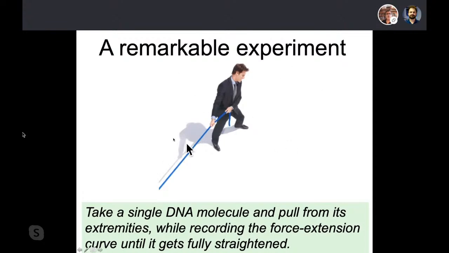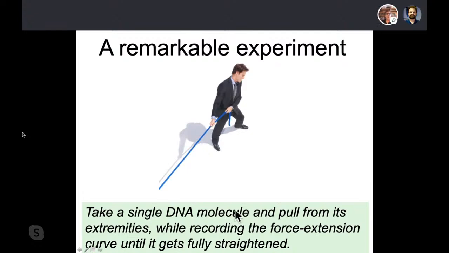Now, what I show you in this slide is the simplest experiment in the single molecule field, which is the pulling of a single DNA molecule. This experiment, for approximately 30 years, has become a standard in many labs, but it's a remarkable experiment because it shows you that the dream of manipulating and controlling molecules can be achieved with this sort of experimental technique, with this instrument.